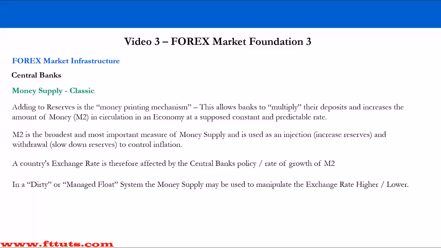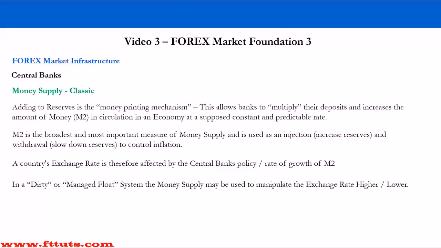M2 is basically the broadest and most important measure of the money supply. That's why we phrase M2 and money as really the same thing. It's the most important measure of the money supply, and it's basically used as an injection, i.e. increasing reserves, as an injection mechanism to increase the money supply by increasing reserves, and a withdrawal mechanism to